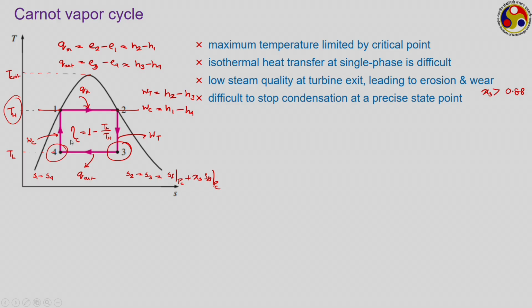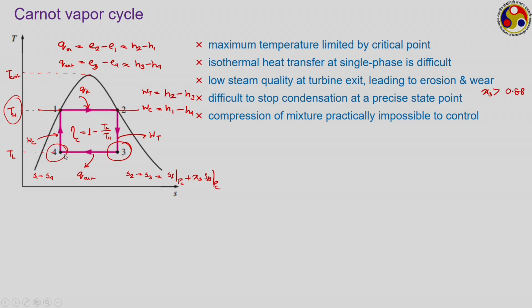And another big problem is with the compression from 4 to 1. At point number 4, we have a low quality liquid-vapor mixture. At point number 1, we have saturated liquid. So, as we are compressing this mixture, the liquid content keeps on increasing. There is a phase change going on. That is very difficult. Compression of the mixture is practically impossible to control and to achieve. And that is the reason that this Carnot cycle is not the most practical one for large scale